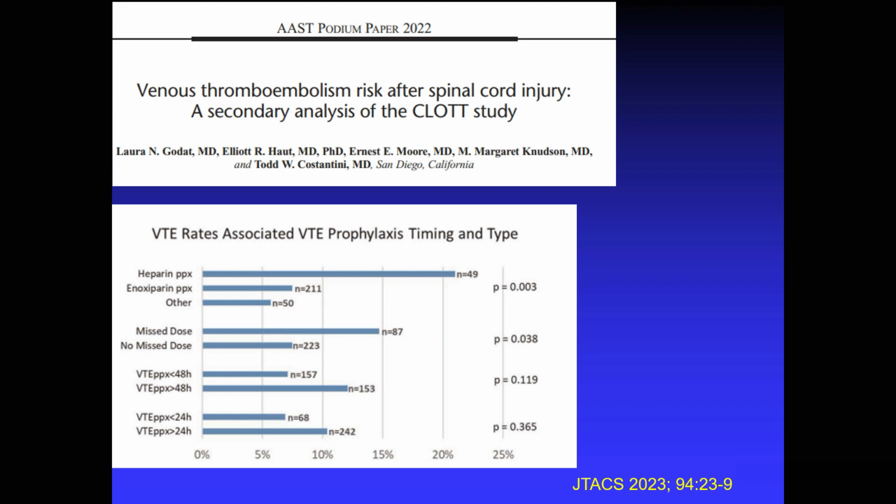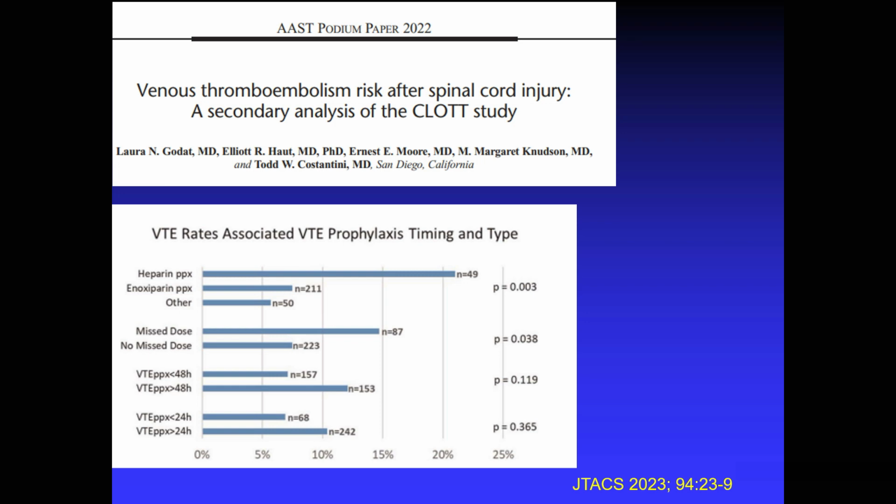But I mentioned the CLOT group now because a secondary analysis of the CLOT-1 data was conducted looking specifically at the subset of patients with spinal cord injuries. From the original 7,880 CLOT-1 study patients, 343, or 4.4%, had spinal cord injuries. Of these, 33, or 9.6%, had some sort of venous thromboembolism. 30, or 8.8%, had a documented DVT. 3, or just shy of 1%, had a PE, and 11, or 3.2%, had a pulmonary thrombosis.